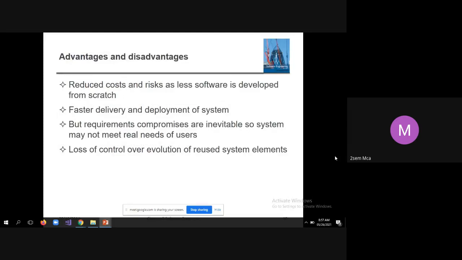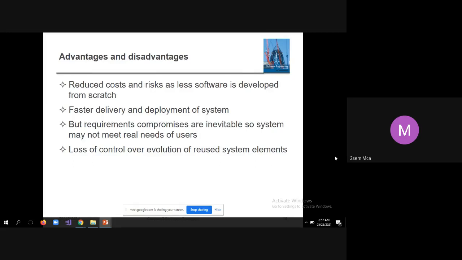Advantages and disadvantages. Reduced costs and risks as less software is developed from scratch. As you are reusing the software components, it will greatly reduce the cost and the risks, and very little software will be developed from scratch.